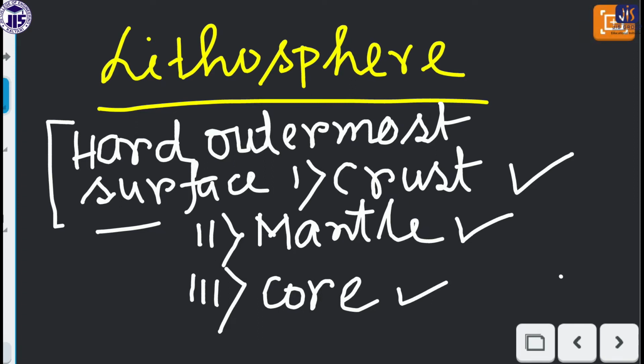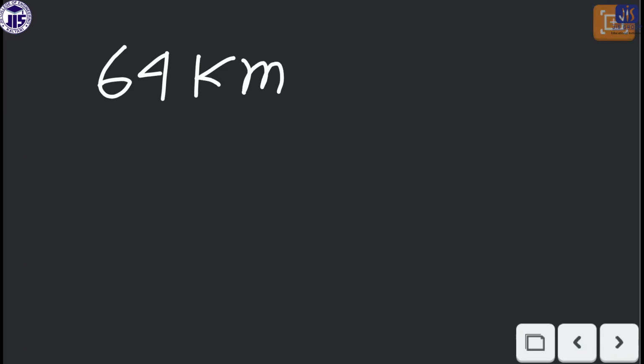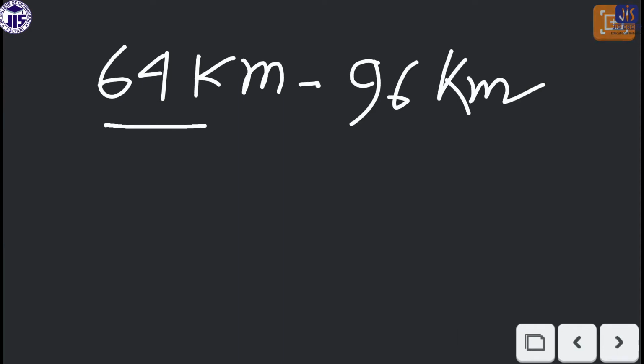And there is some information regarding the crust, mantle, and the core. The crust is the outermost part, the part on which we actually live. The thickness of the crust varies from approximately 64 kilometers to approximately 96 kilometers. This is the rough average thickness of the crust, and this upper layer is very important, because